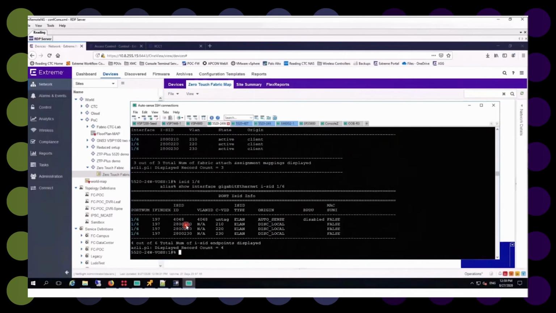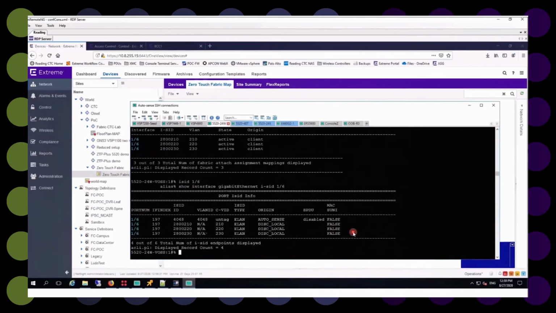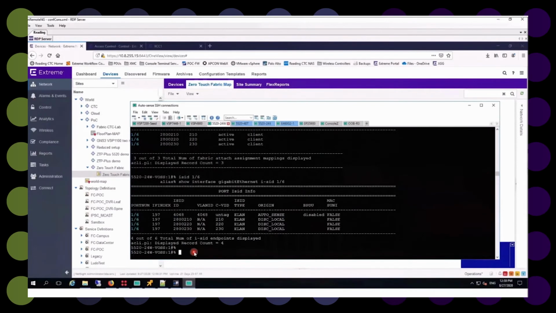We look at our ISID assignments to port 16. There we go. We see those environments, and those are meant for end user access, but we also see port 4048. Remember, that's the onboarding VLAN. That is so we can run EAP-type procedures so that users accessing the wireless access point can gain access to the network and then be assigned to one of these user level ISIDs that are established within the AP itself.